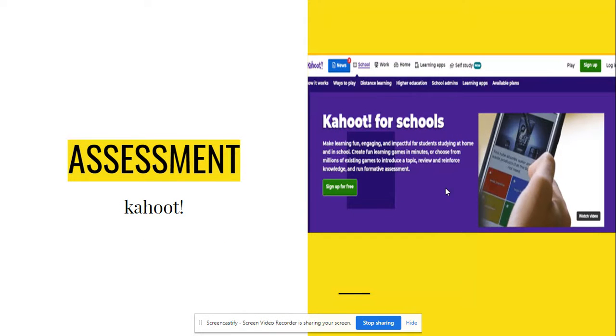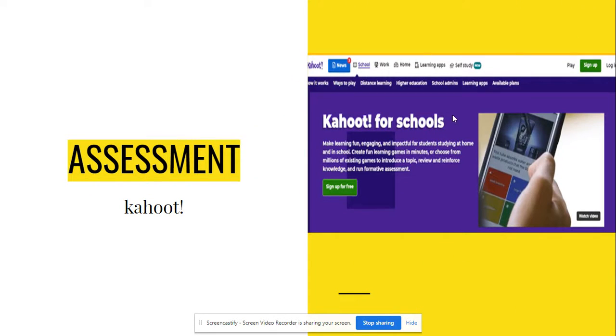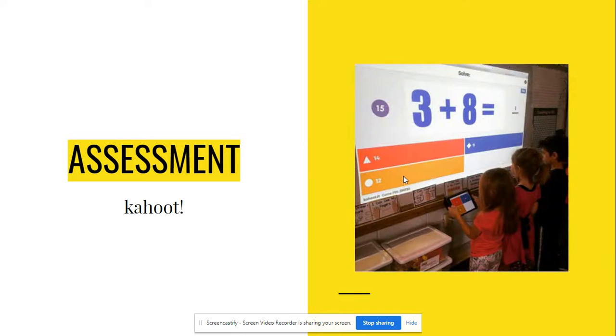And lastly, for the assessment, I feel that the teacher could create her own quiz or her own test using a Kahoot, and she can create a teacher account, which is going to be pretty simple and it's all free. And when your students are playing the Kahoot, they're not even going to realize they're actually taking an assessment. And with this, you can actually monitor their progress and